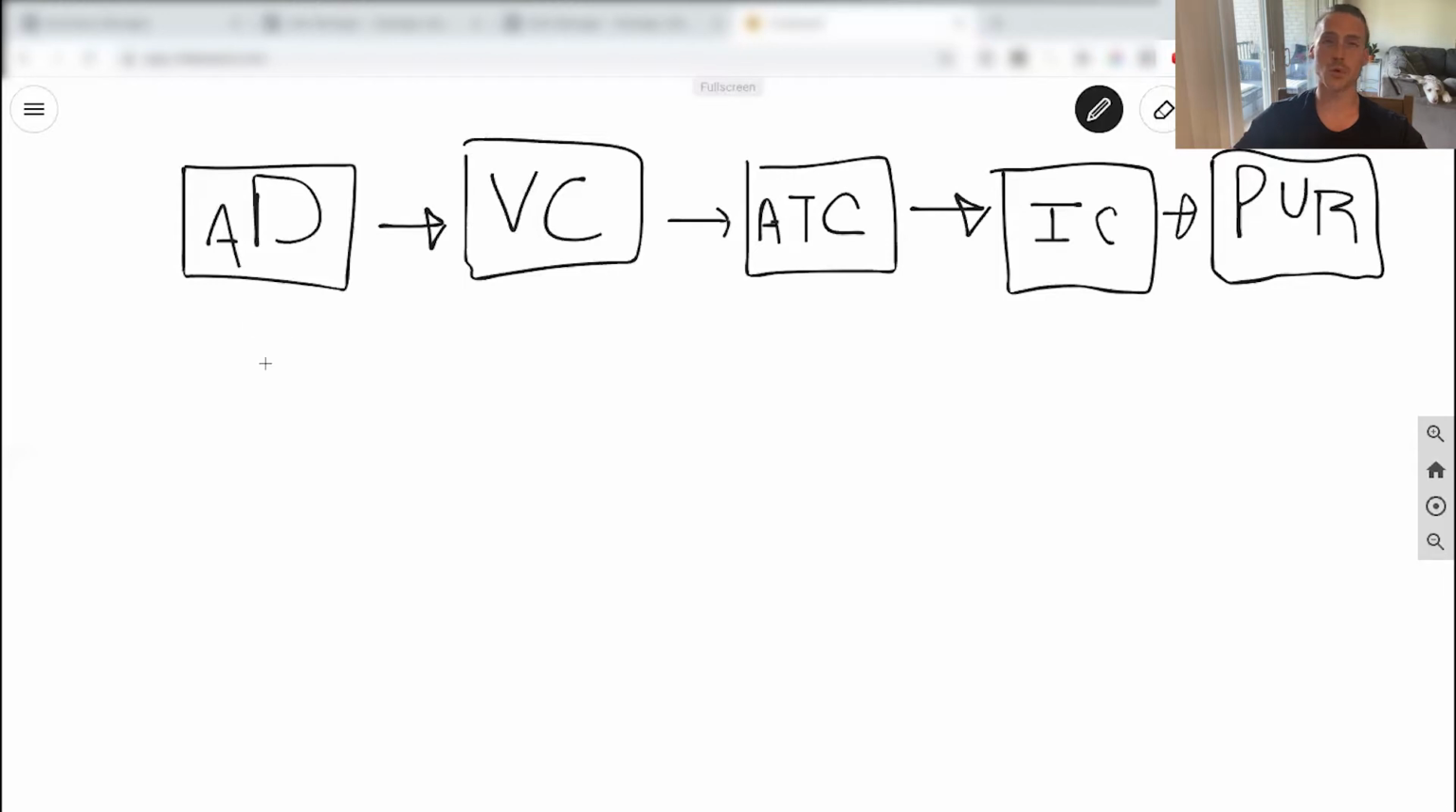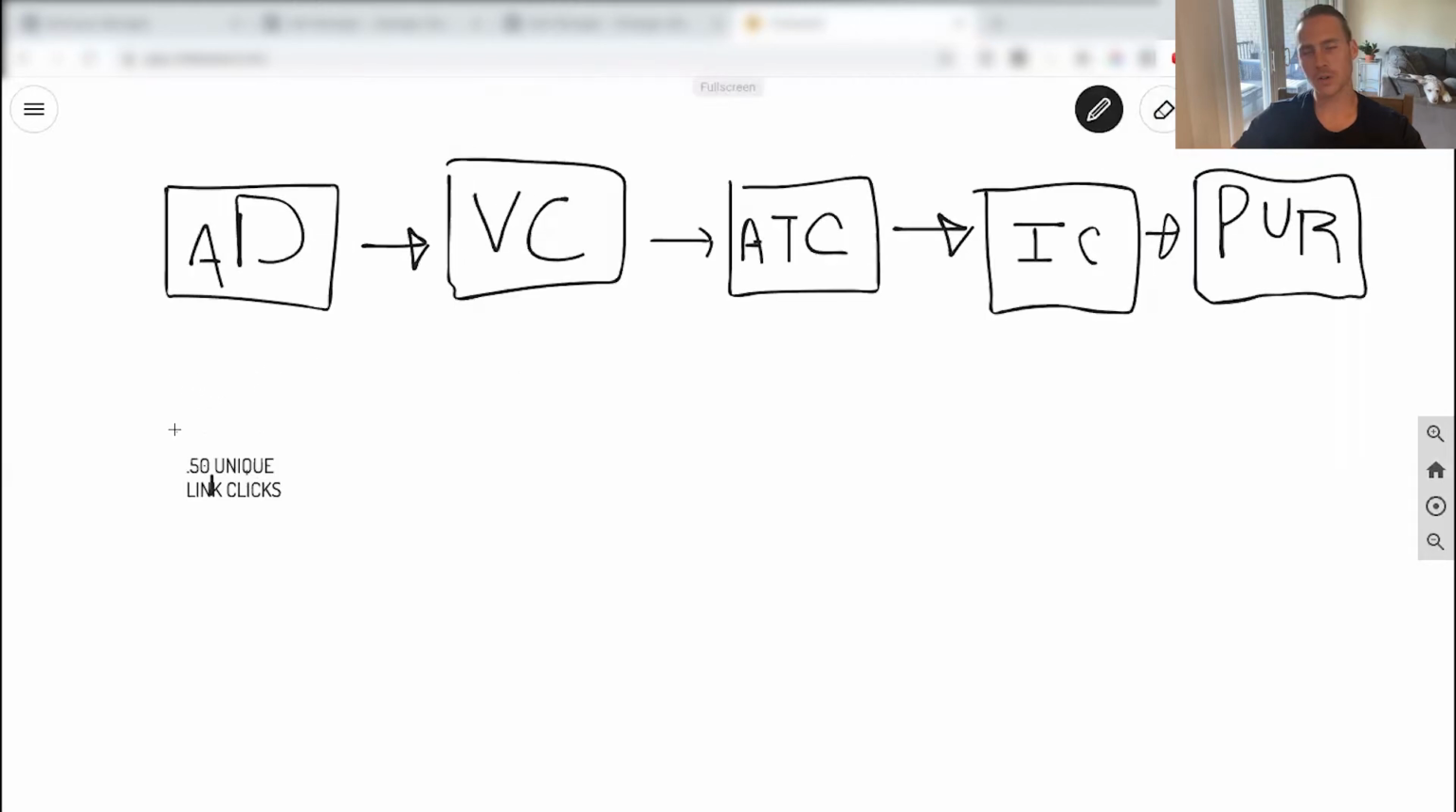So let me give you an example. If you're selling something at $15, $25, $35, $45, $50, what my targets are usually gonna be is 50-cent link clicks, right? And we want unique link clicks. I like that so much more. So why do we want this? Really simple, because we wanna be paying 50 cents at most,